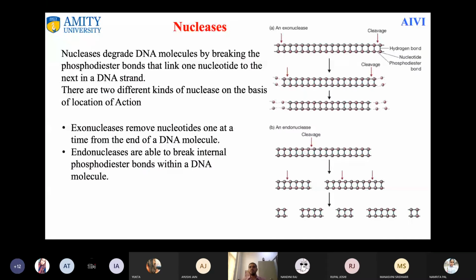Okay, so now coming to the first type of your enzyme, that is the nuclease or nucleases. As I mentioned to you when I was giving the brief introduction on the previous slide, nuclease means it is going to degrade. Degrade means, as you can see in the